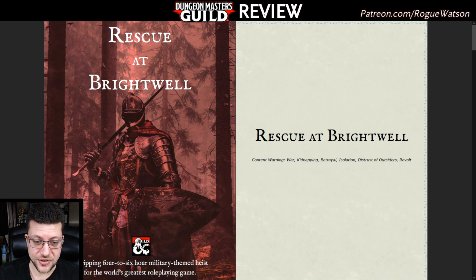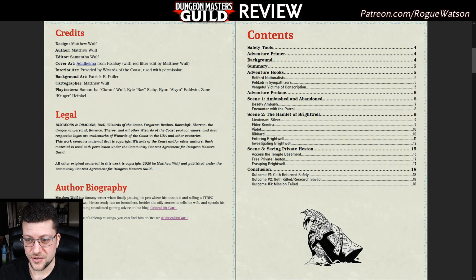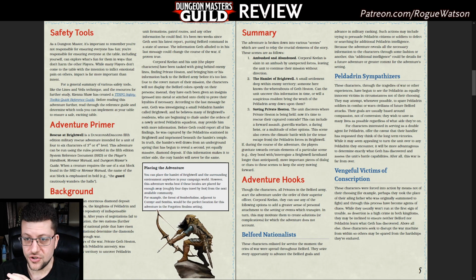For this adventure, which is designed for levels 3 or 4, technically not advertised as a one-shot, but I think could definitely be used as a one-shot, it's very short. I think it's under 20 pages. You are soldiers on one of the sides, but for the adventure hook, you could either be pro your side. The Balford versus the Peldrodrin are the two, which I don't know, I'm not super deep into Forgotten Realms lore, but as far as I'm aware,